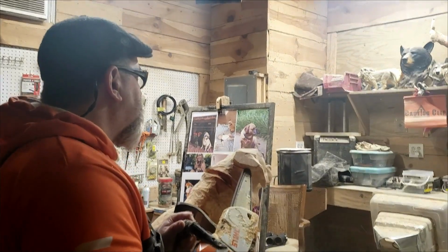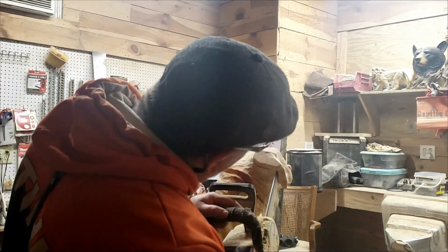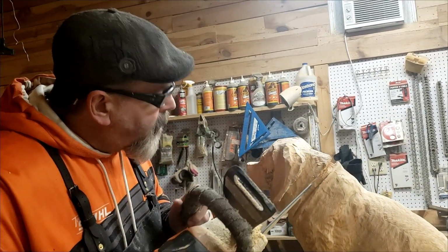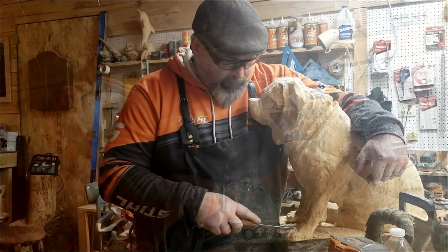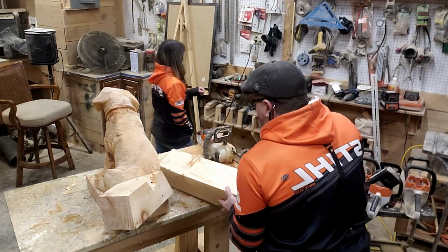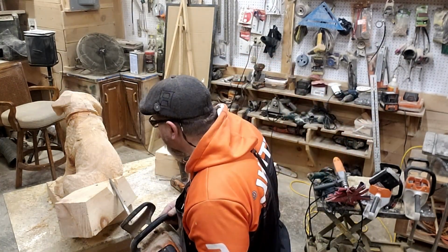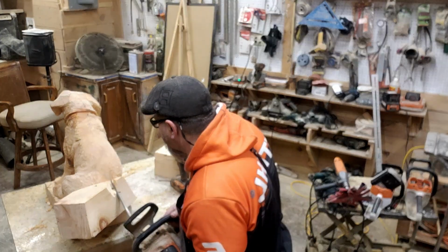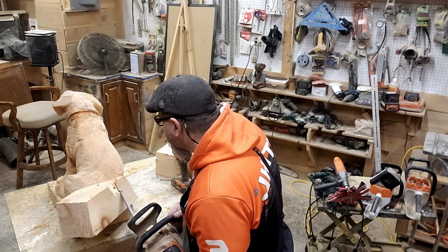Also, I'm carving underneath also. Yeah, that just doesn't sound right. Carving the groove for the collar. Now that I have an idea of what the thickness of the collar is, I called her and asked her, and yeah, it worked out good. So now you can see where this makes me cringe because all I see is screw holes,